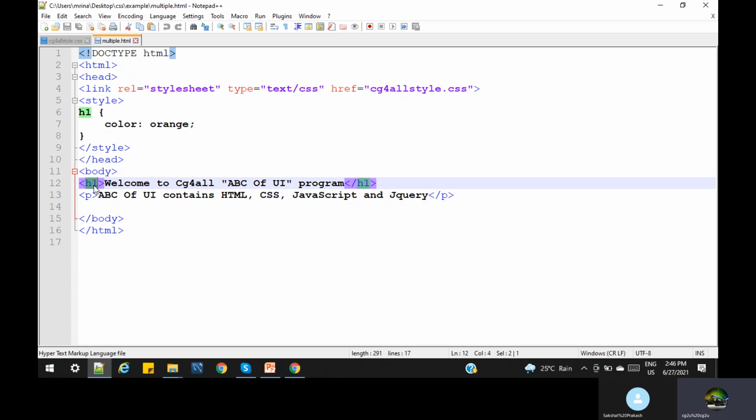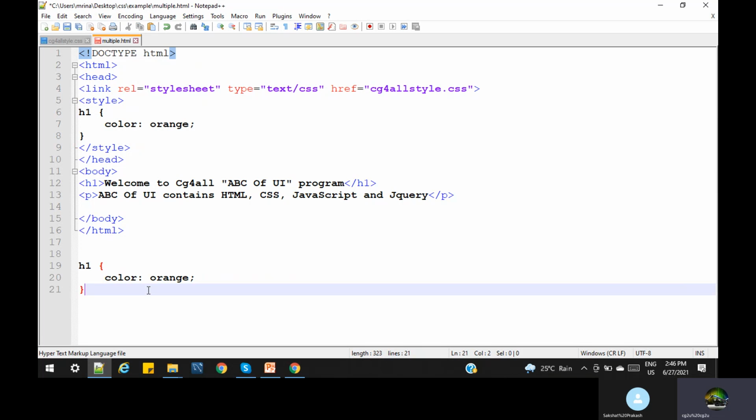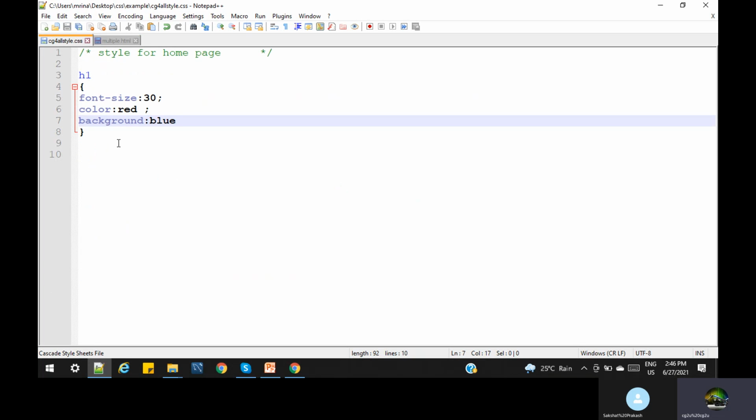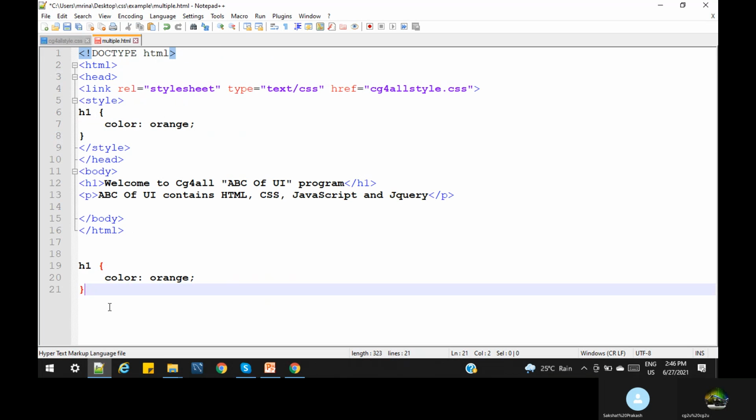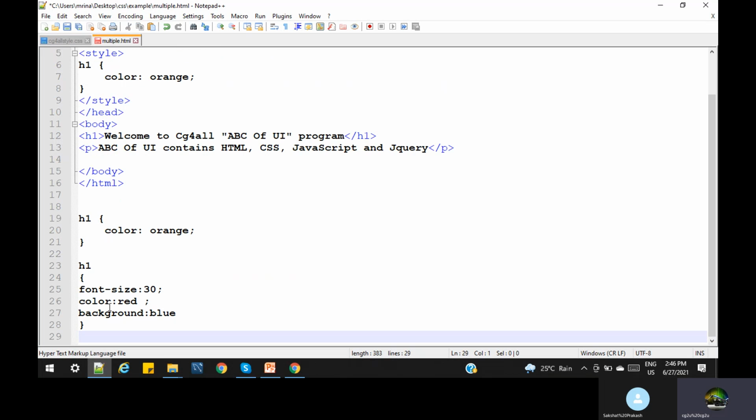So for H1, let me first explain. The H1 from the external sheet has a color, and here also we are taking H1. What would be the P? We don't have anything to think about there.